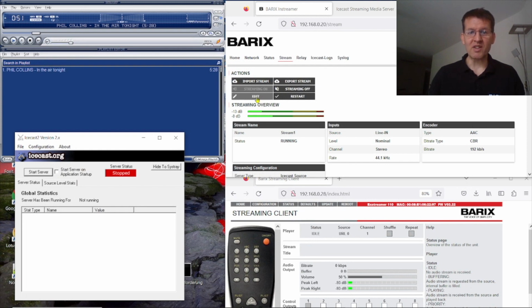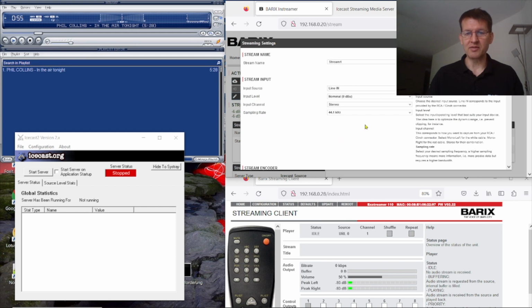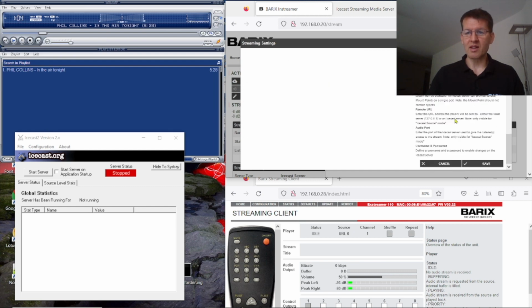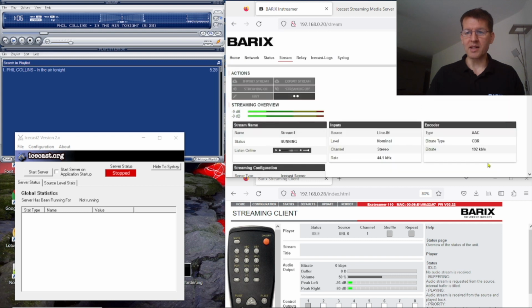And now we have to change the configuration here on the InStreamer ICE. We click on Edit. We go back to the IceCast server mode as at the beginning. We apply it. So we have to wait until the InStreamer ICE is back.